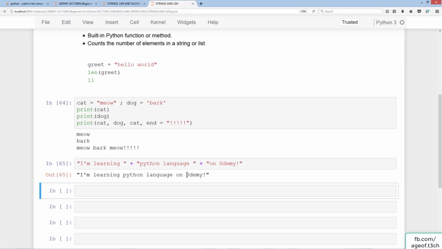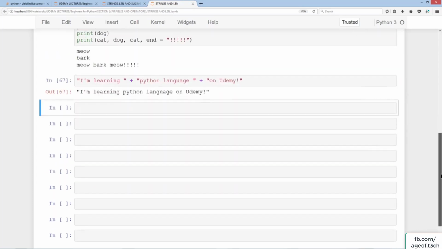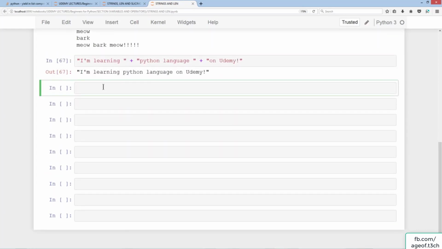I'm learning Python language on Udemy. Note that I'm making these spaces here, so if I were to do this, I'm going to get "language on" as one whole word, which doesn't make any sense, so that's why the spaces are there in the first place. And let's say I were to do "the time is" plus 10 plus